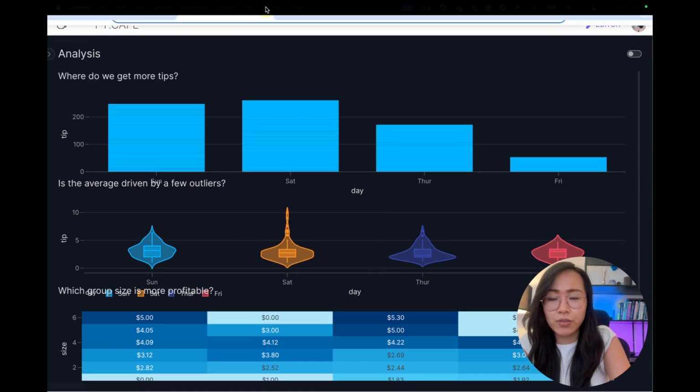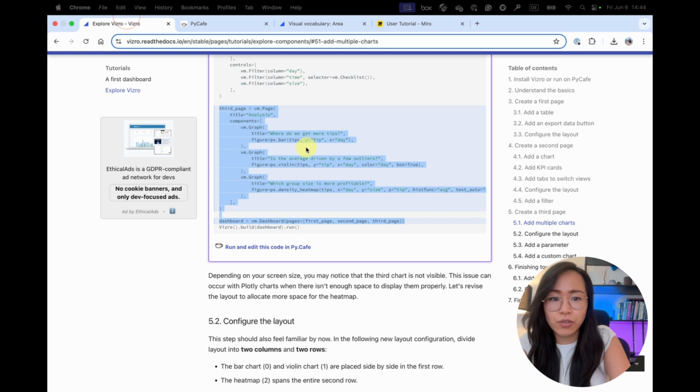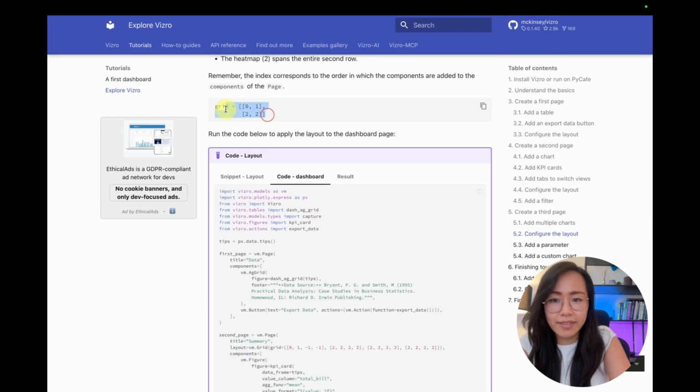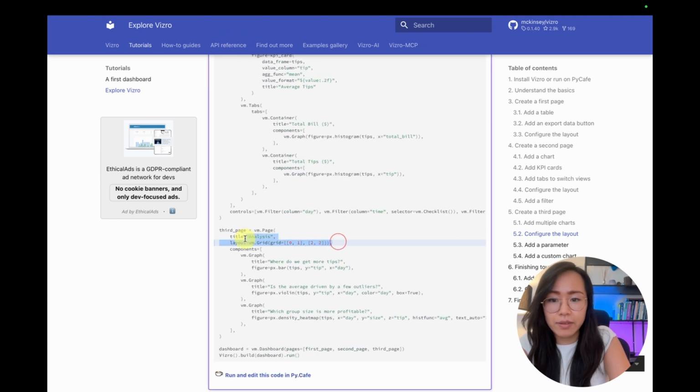But again, we want to optimize the layout. So we're going to use the grid layout again. In this case, I think you should hopefully know the syntax, but we want to have this grid layout, which means that the first chart will be placed on the left corner, the second chart on the right corner, and the third chart will then just take all of the bottom space. So if we now just copy paste that,